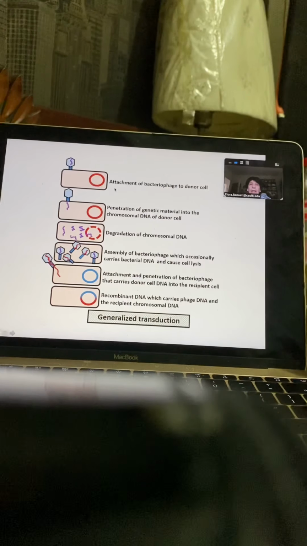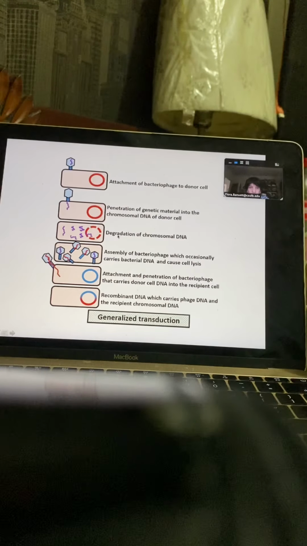You have a bacterium with a chromosome, and a phage that has its own genome. It inserts the genome. The phage doesn't go into the cell, it's only the DNA. And then it replicates this DNA, and it will break down the chromosome, not degrade it. This is incorrect, this just shows all this stuff that you get sometimes online. It's not degraded. It has to be chopped into pieces. If you degrade the chromosome, there is no transduction.